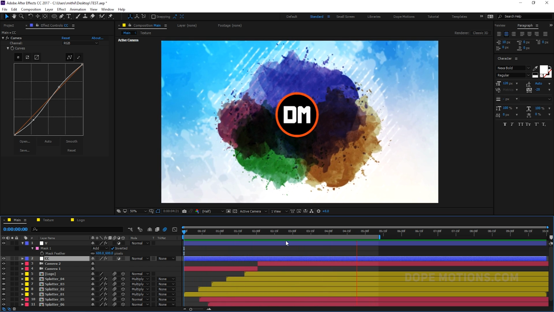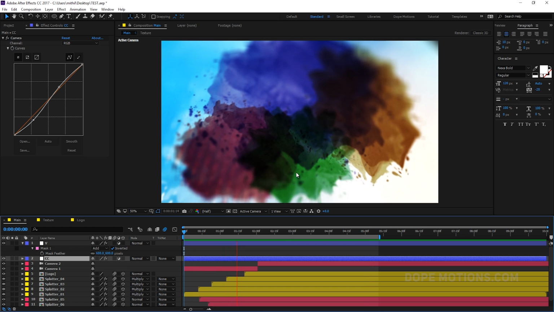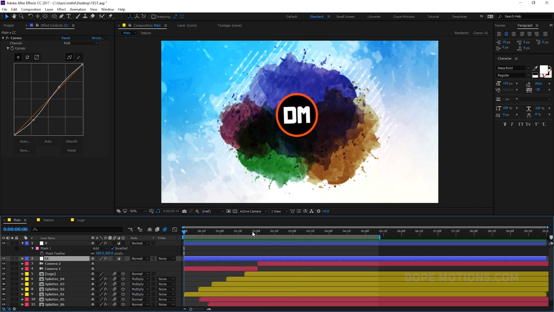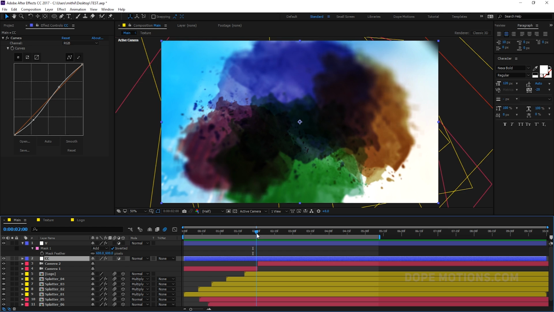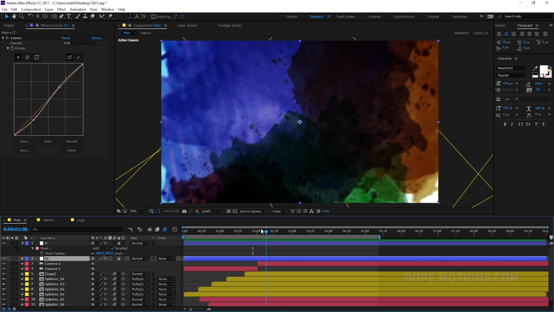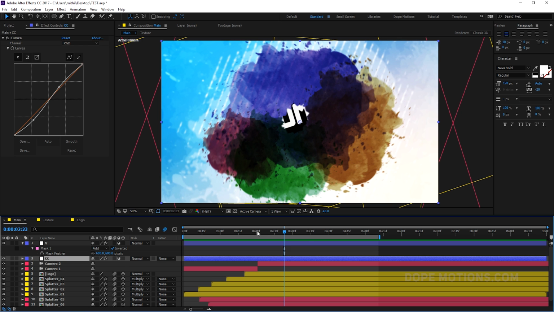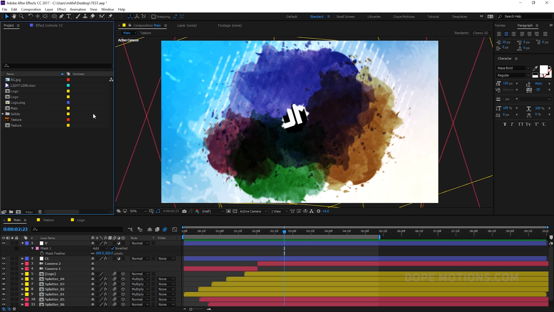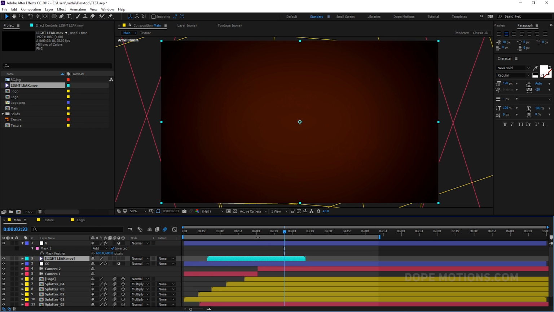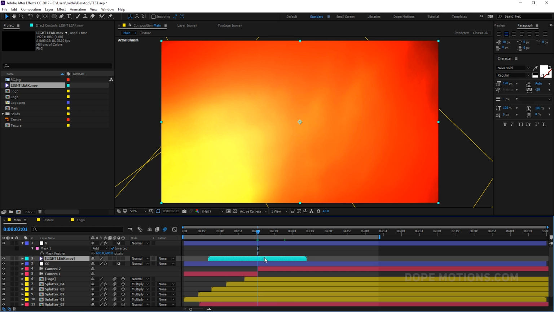Looks really nice. And also one more thing that you can do is add a light leak where the camera changes, so it won't look like a jump cut. So let's do that pretty quick. So here I have a light leak, and I'll provide the link in the description below so you can download it as well. So let's place it right over here, and where the camera changes I want the light to be really heavy,